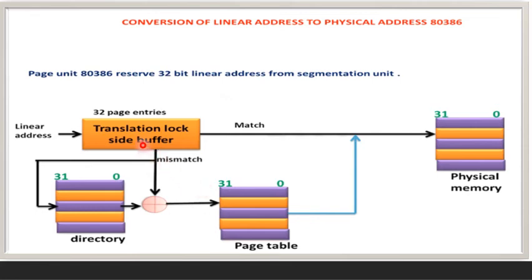When a linear address is converted into a physical address, firstly check the page table cache entry to find the corresponding address. If the page table entry does not exist in the translation look-aside buffer, the 80386 processor reads the page directory entry. After that, it checks the P bit of the directory entry. When P is equal to 1, the page table exists in the memory. Subsequently, the 80386 uses the appropriate page table entry and sets the A bit.